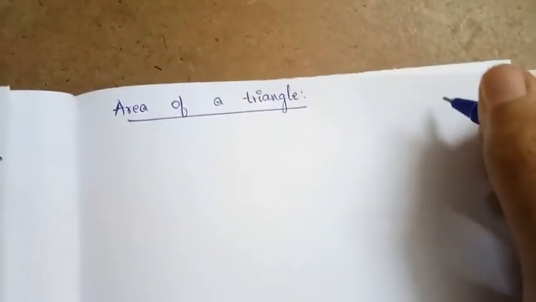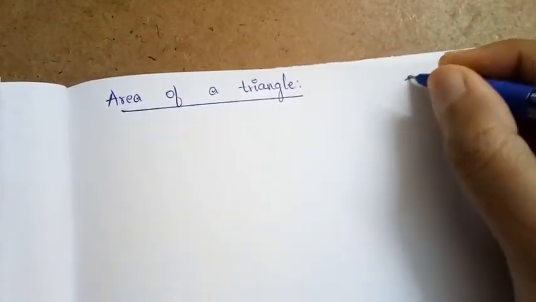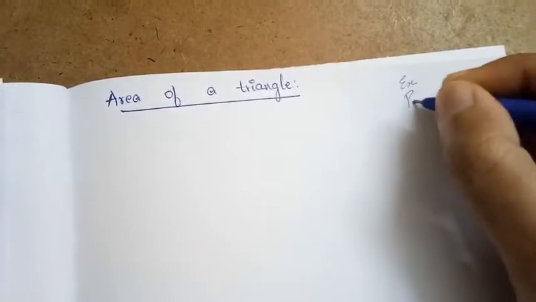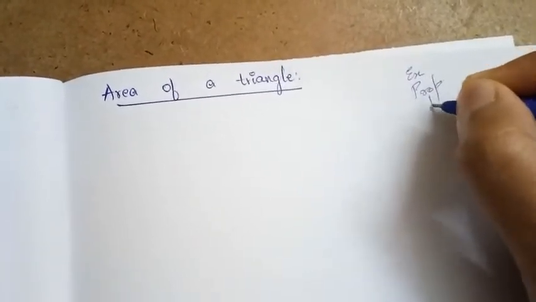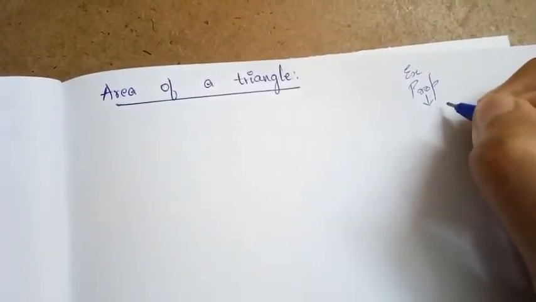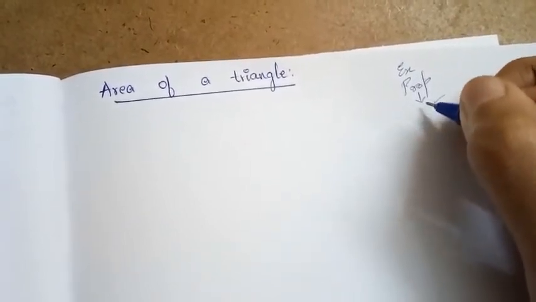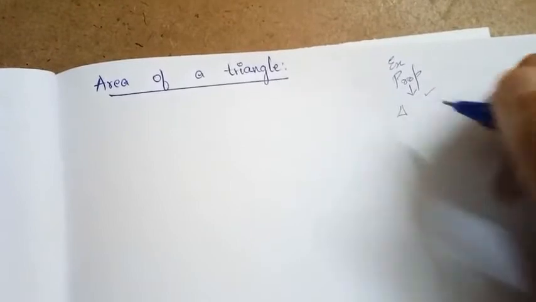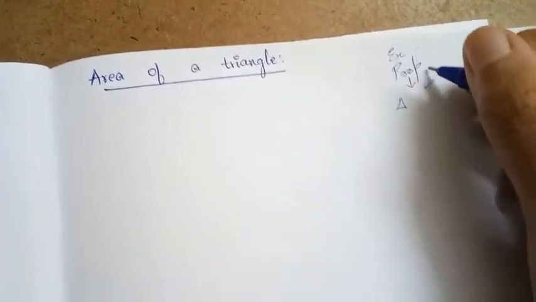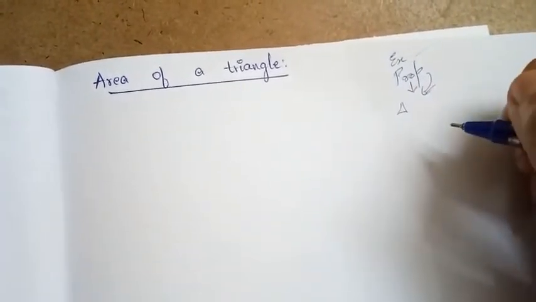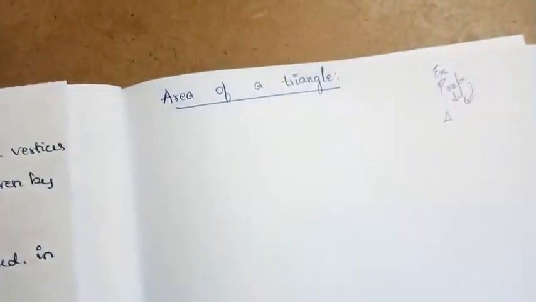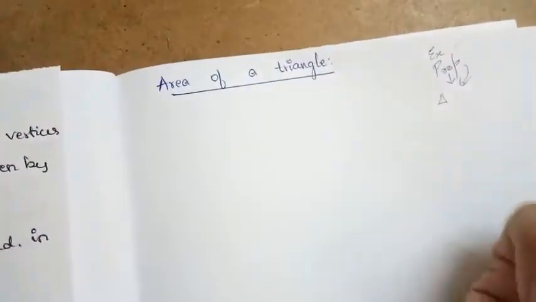Guys, until now in determinants we have come across the expansion of determinants and the properties of determinants. Using the properties, we have seen some problems on how to expand a determinant, and how to get the value of a determinant without expansion by using the properties. Now let us go to one of the important topics, that is the area of a triangle.